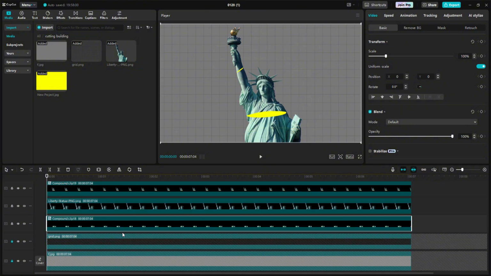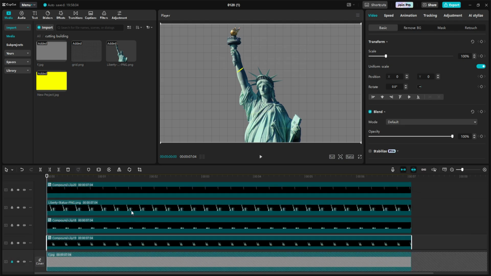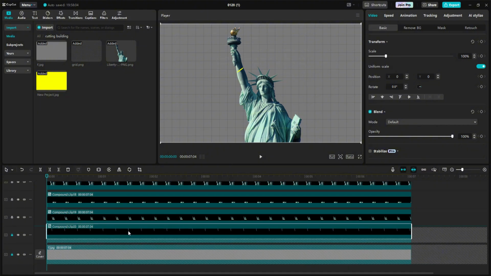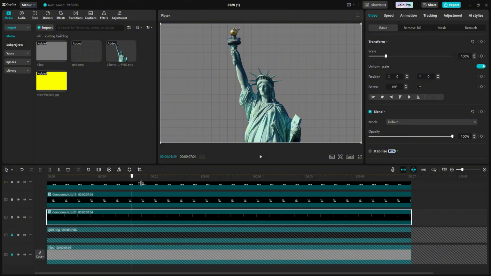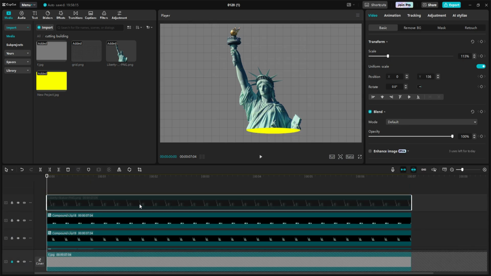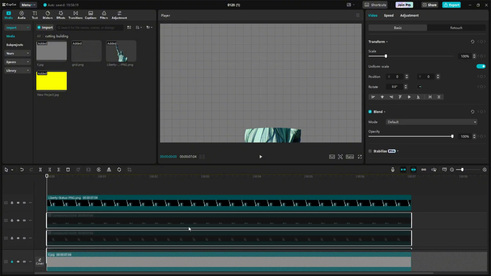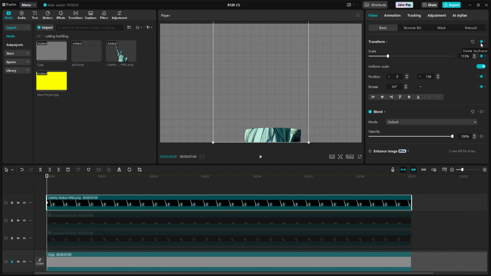Now if it looks like this, we just need to arrange the layers in opposite order. Now I'm gonna start animating each part one by one, starting with the bottom part. For this part, I just need a movement from bottom to top for the appearance. So now let's add keyframe on the transform, add the first frame, then move 20 frame forward and add another keyframe. After that, go back to the first keyframe and reposition the part to the bottom of the frame until it disappears.